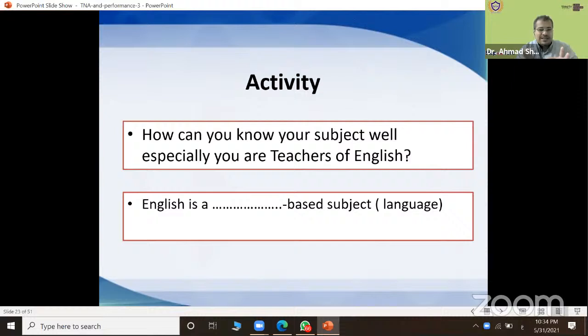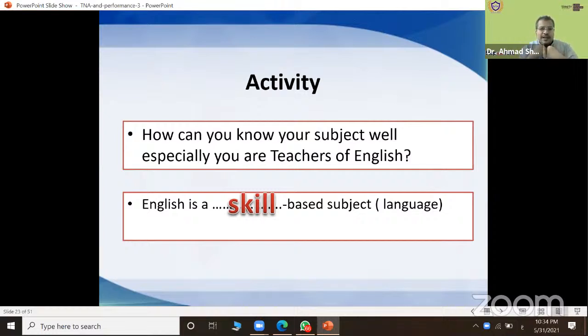Okay. The next point is English is a basic skill. It is a skill-based subject because we are teaching language, not a subject that has content like social studies, like science, like math. No, we are teaching skills. So I don't want the student to just say Muhammad went to school.